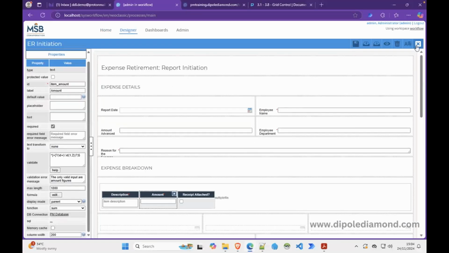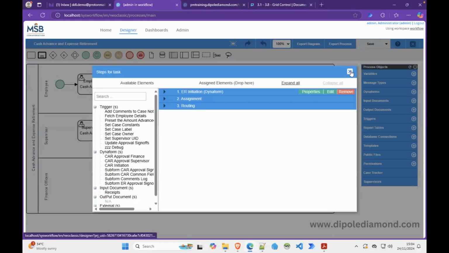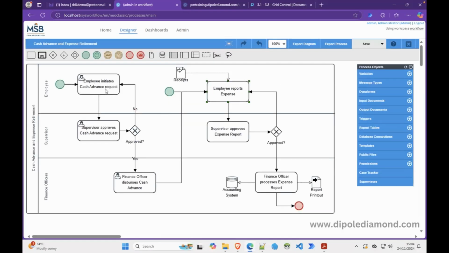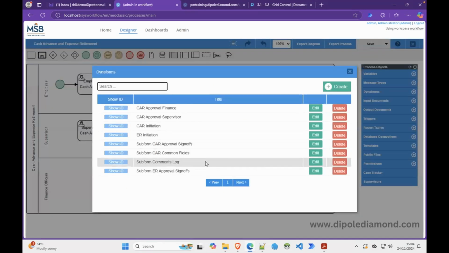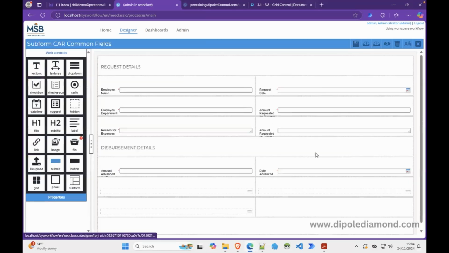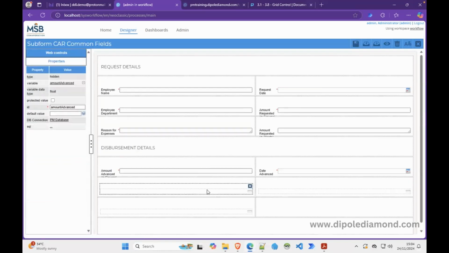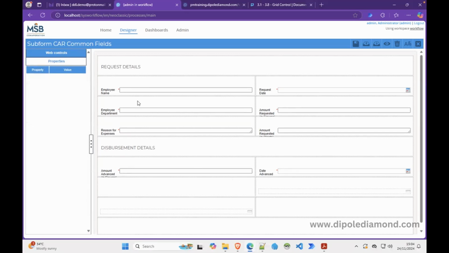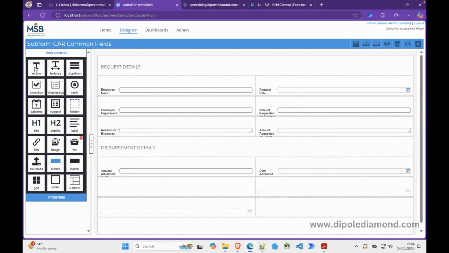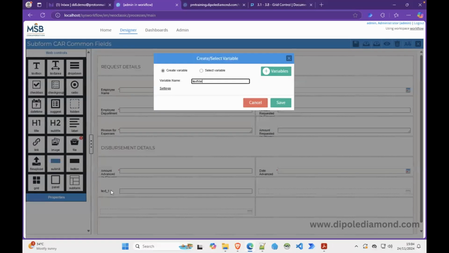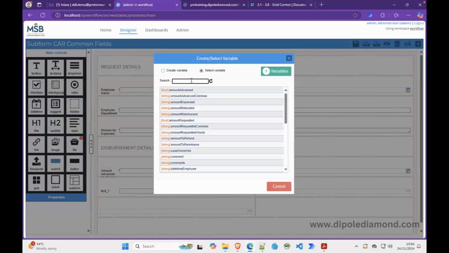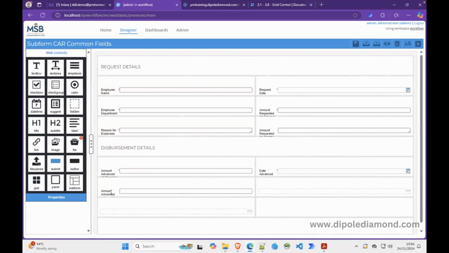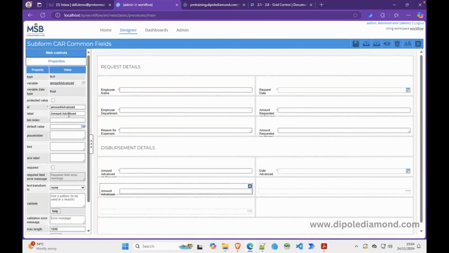To quickly track where that problem is, let's go to our subform common fields for this. Remember, we had the amount advanced. So let's change it from being a hidden variable to a text box. And we can see at what point it became empty. So let's save